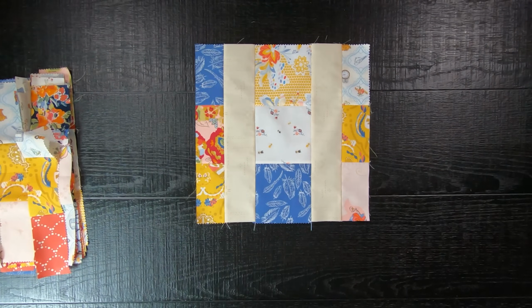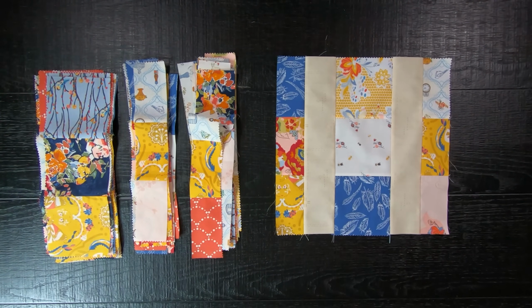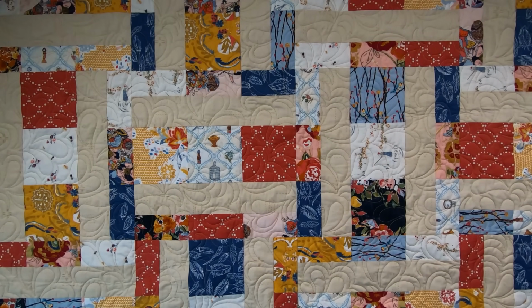Pretty simple and easy to make, and all you have to do is repeat this step until you have made a total of 20 quilt blocks. Now, I do apologize, I had some video files corrupted, but you can see here by the finished quilt block,